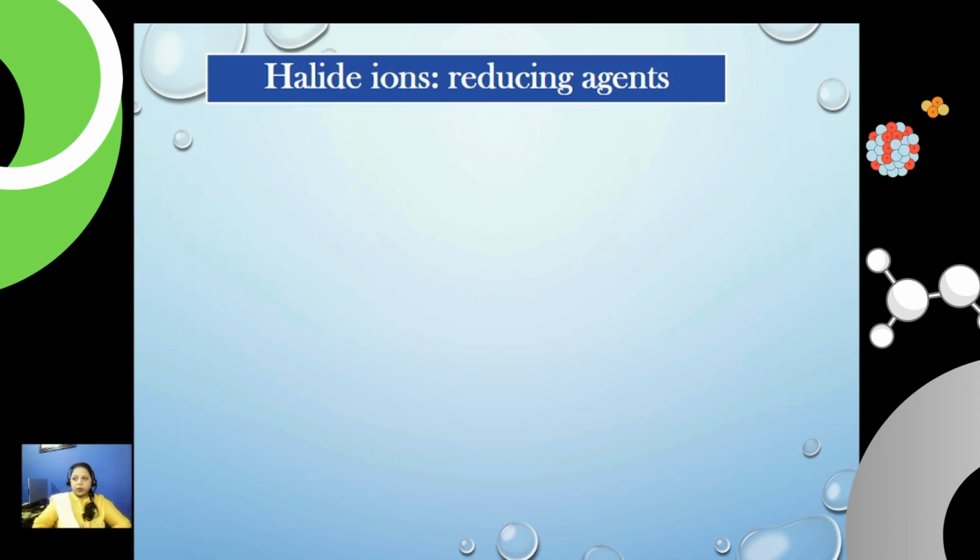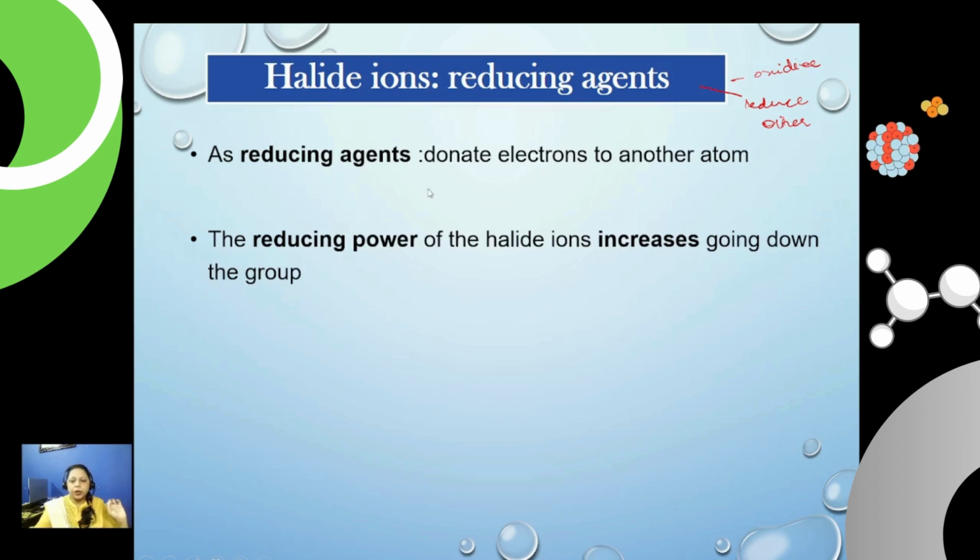How do you define the reducing agent? It actually reduces others, not itself. It reduces others but oxidizes itself, meaning it donates electrons to others and becomes positively charged. So how does this happen? It's quite common because if the size is bigger, it's easy to lose the electrons, so they can become a positive ion as well. And we will learn later in this video how they become the positive one when you look at their oxidation state. So a reducing agent donates electrons to others, meaning it reduces others, and the reducing power of halogens